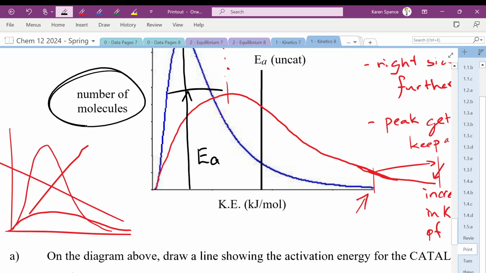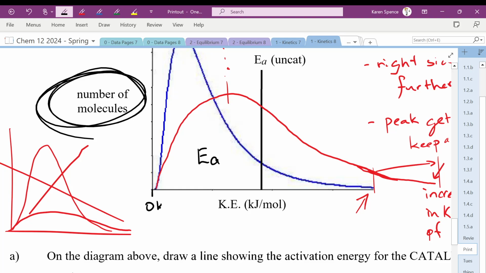What's on the y-axis? Number of molecules. Energy is not on the y-axis, so you cannot measure energy on the y-axis, right? Energy is measured down here, so this would be 0 kilojoules. This might be 40